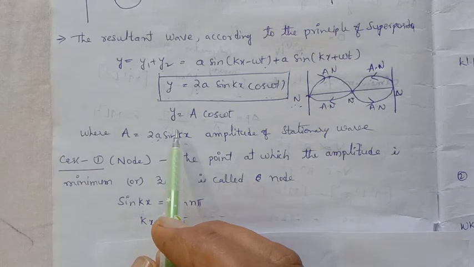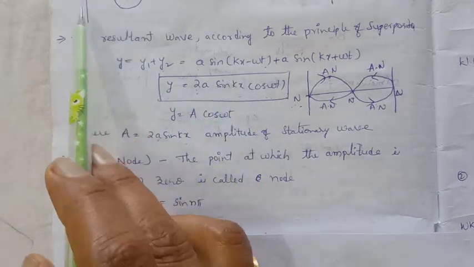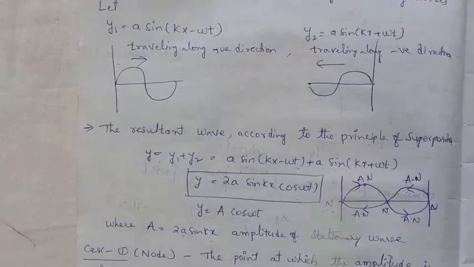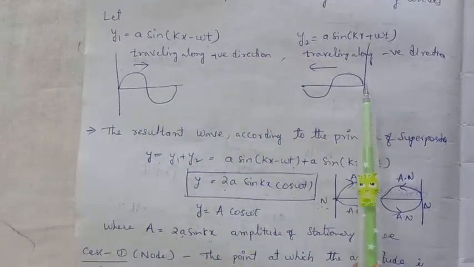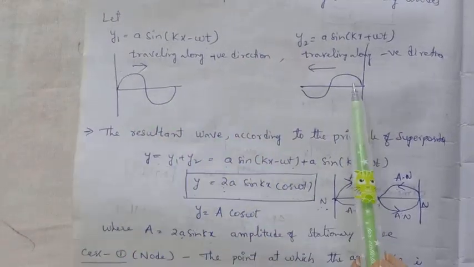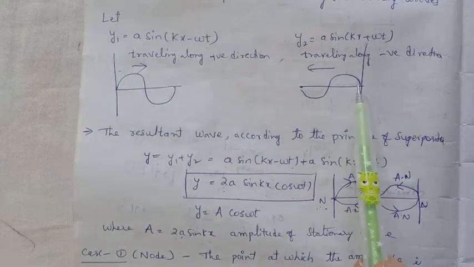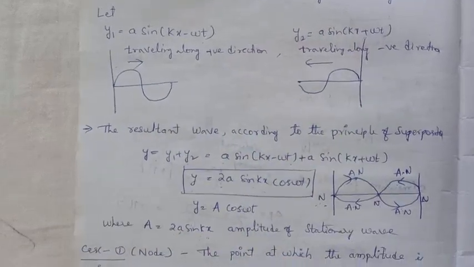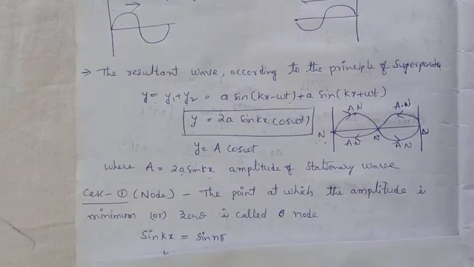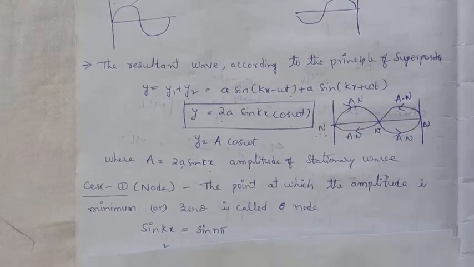The first initial amplitude is one wave, the first wave, and there is another wave. These two interfere. This one has an amplitude, and this one has an amplitude. These amplitudes are not equal to 0. But which function has a chance to go to 0? The sine function has a chance to go to 0.